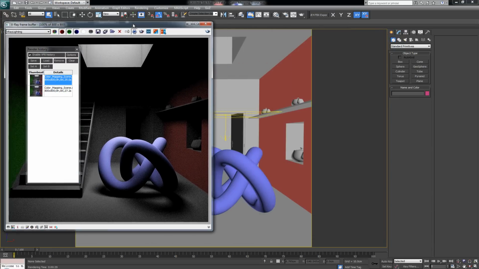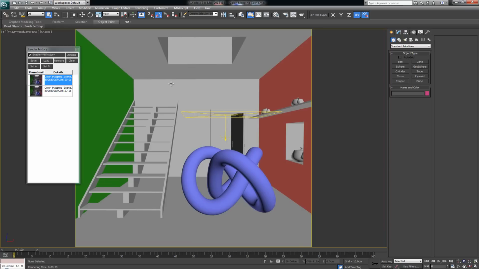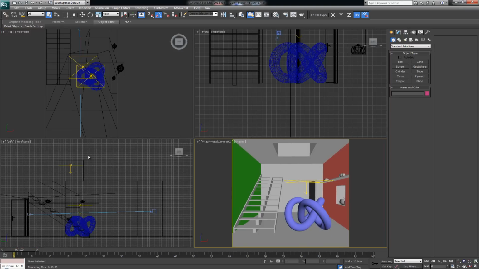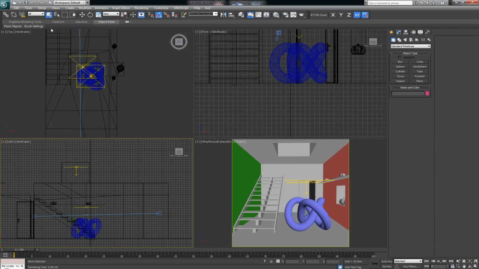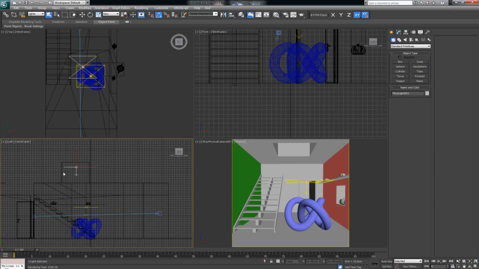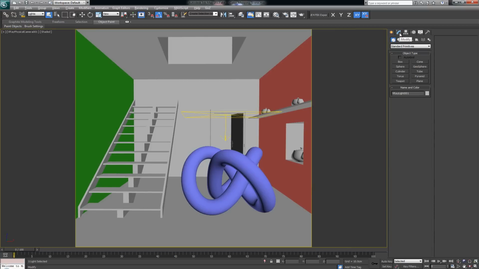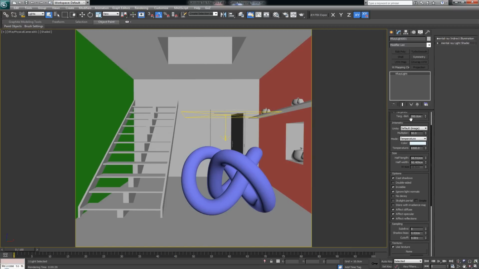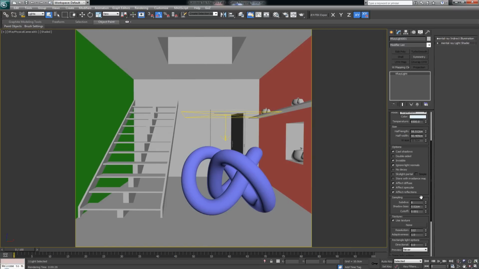I need to move it aside. And now we come to the conclusion of how to fix our lighting issues. First thing we need to do is, on my selection, I'm going to click on the lights. That way, the only thing that I can select in my scene are lights. So I'm going to click on my top light that's coming from the ceiling. And in the modify tab, I'm going to check what kind of sampling options I have for this light. Now, if you scroll down a bit, you're going to find